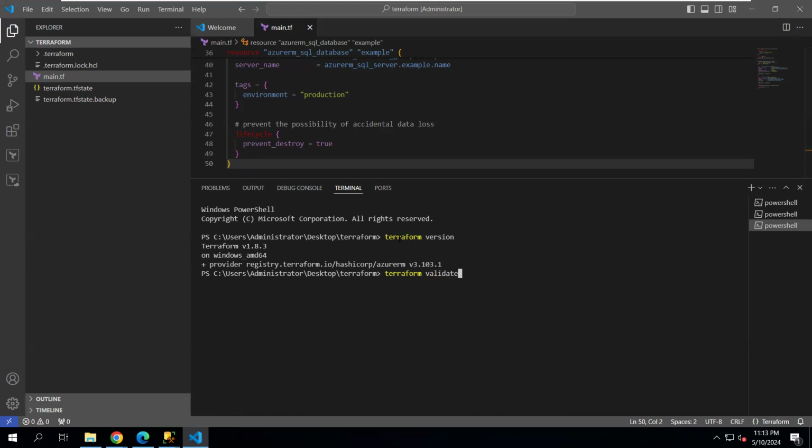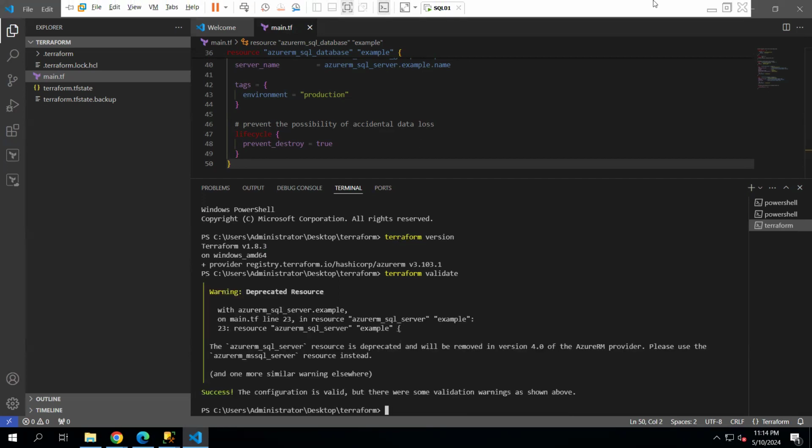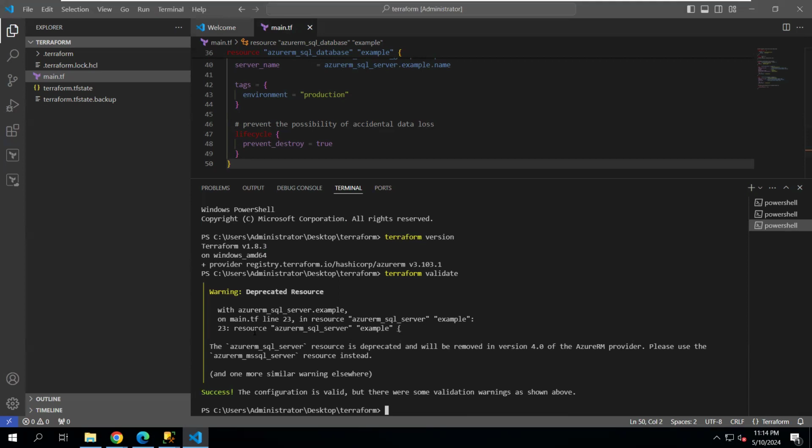Whatever the code is, it will tell whether it is valid or not. If there is no code issue, it will proceed. If there is an issue, it will show the error information. So this is all about the validation part. Now, you can see the Azure service providers are deprecated and will be removed in version 4.0 of the AzureRM provider. Please use this